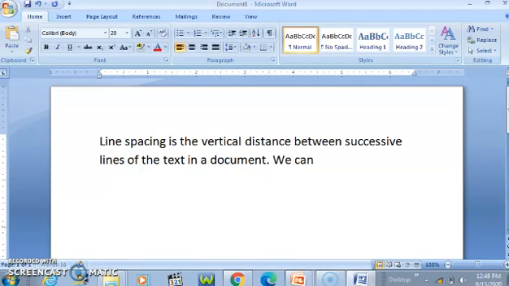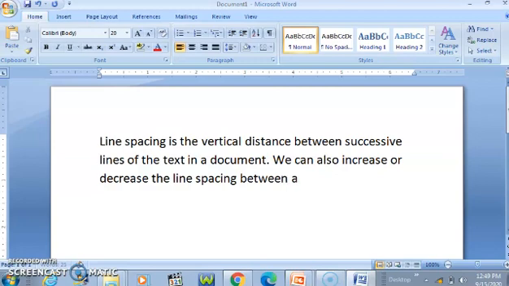We can also increase or decrease the line spacing between a paragraph.